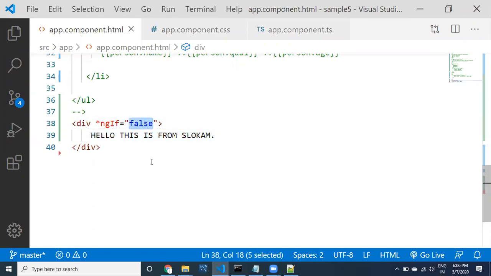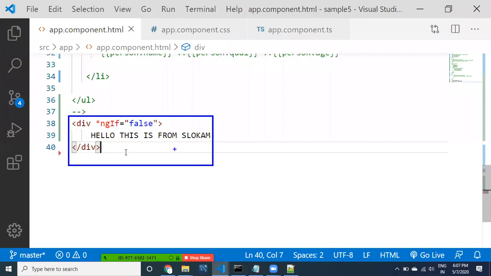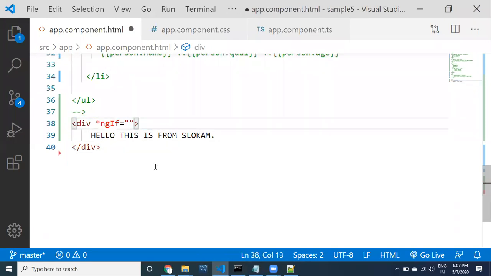Of course, the value we are providing here is provided directly. Instead of providing this value directly, we can provide a variable, a property. Based on the property, it has to decide whether it should be displayed or not. For that, I would like to take one example. See here, guys, the same example. Instead of the direct value in ngIf, I'm going to provide a method, I'm going to provide a property.